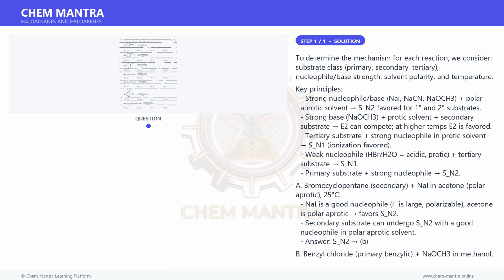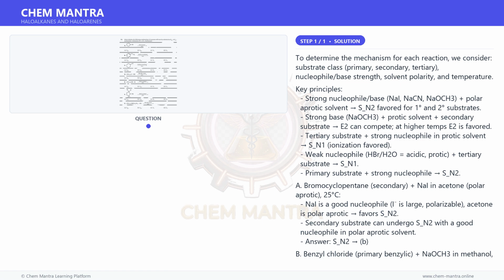SN1. E. CH3CHBrCH3, isopropyl bromide, secondary, plus NaCN in ethanol, 25 degrees Celsius. CN⁻ is a strong nucleophile but not a strong bulky base. Secondary substrate plus strong nucleophile, CN⁻, in polar protic solvent, ethanol, at low temperature: SN2 is favored. CN⁻ is more nucleophilic than basic, favoring substitution. Answer: